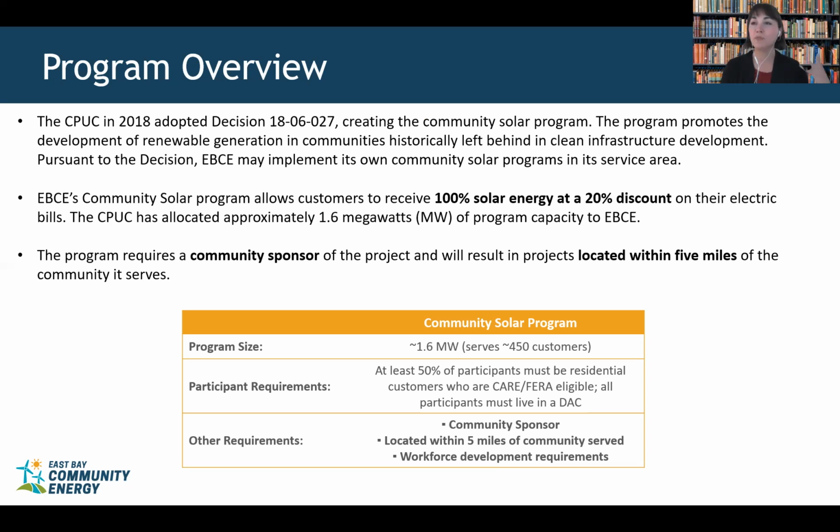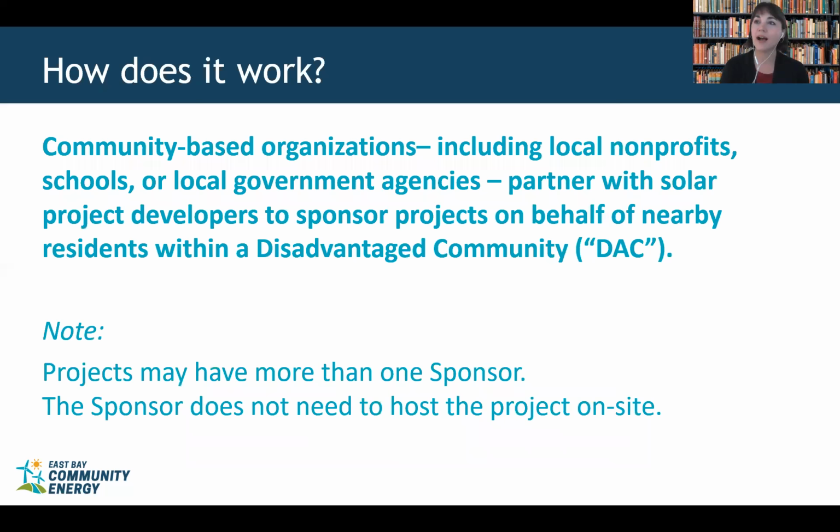This program requires a community sponsor, and that's part of why we're all here today. It'll also result in projects that are located within 5 miles of the community that they serve. So it's a very geographically focused program. So how does this work? The basic structure is that community-based organizations, which include local nonprofits, schools, or government agencies, partner with a solar project